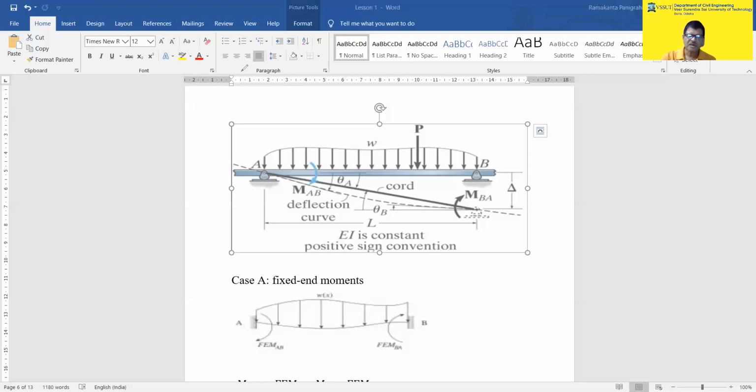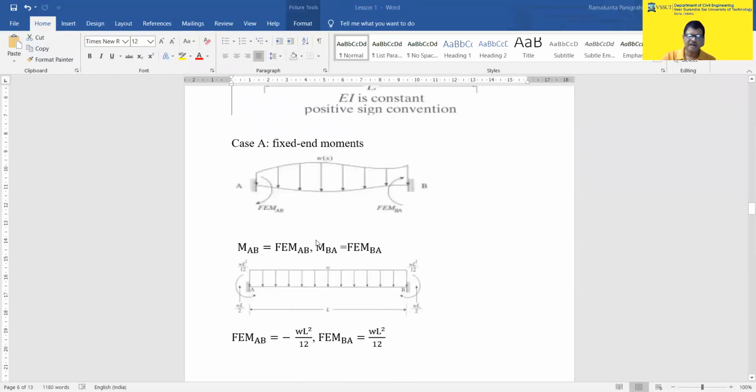Now let us go to these fixed end moments. So I think you have already studied how to find these fixed end moments for different kinds of loads in Analysis 1. Now, if you have the forces, then we have the same: the clockwise moments are positive. So this is the clockwise moment positive, clockwise moment positive. So if it is anti-clockwise, it will be negative, and here if it is anti-clockwise, it will be negative. So only clockwise moments are taken positive.